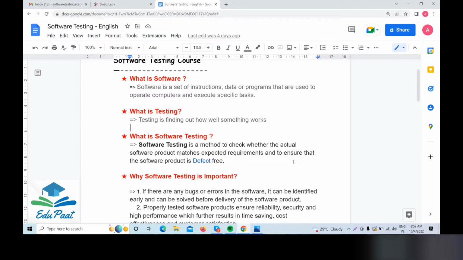Like without your operating system, the browser could not run on your computer, right? So here we have to first install your operating system, then you can run your